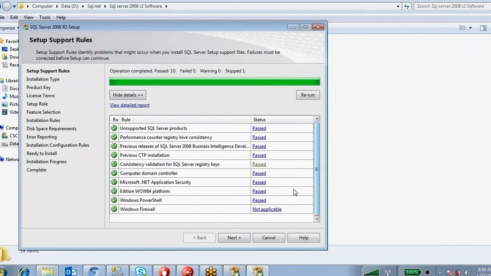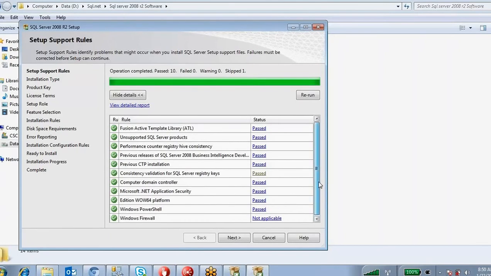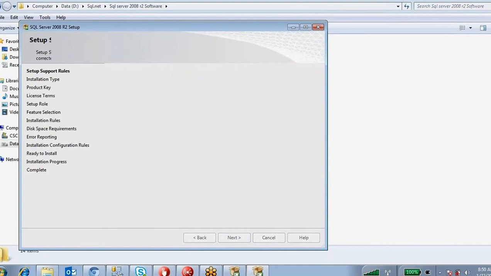You can check if there is anything showing a red mark, because these are finding the setup rules and what files are required before we install. Okay, click next.